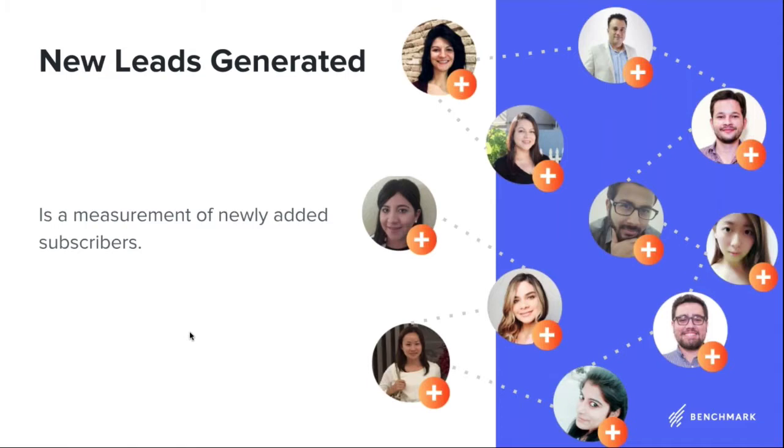Something else, Lisa, you were talking about the star rating. Do you want to give a little bit of a breakdown of that and how that correlates to new leads? Sure. Okay. So when you get a new lead, and they sign up into your list, nobody wants to look at every single email address individually. But if you just take a glance in your list, if you're looking at contacts and you notice the stars there, we have a star system based on how healthy your relationship is with that contact.